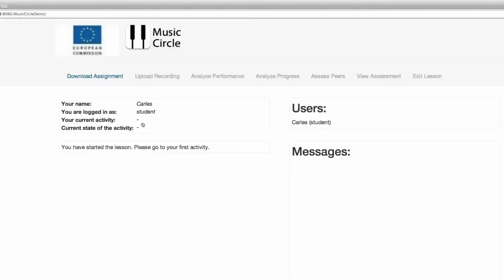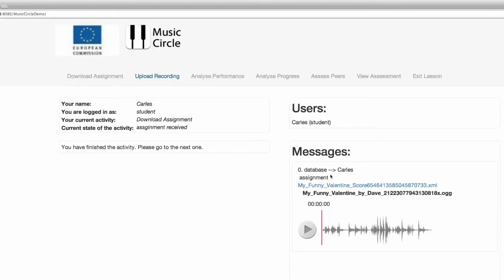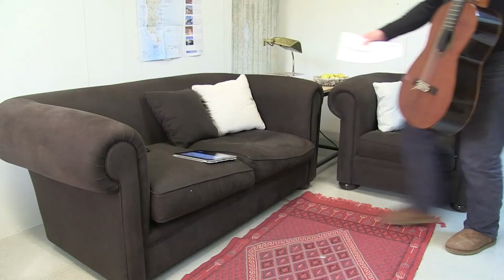Carlos, one of Dave's students, gets home and logs into the lesson plan. He likes the piece proposed by Dave, My Funny Valentine, and decides to try it straight away.